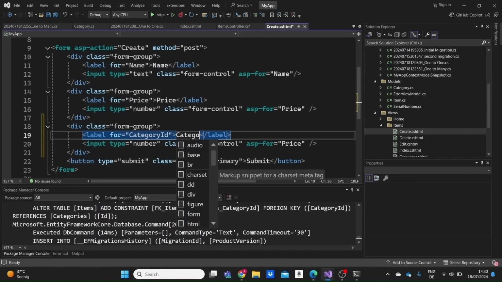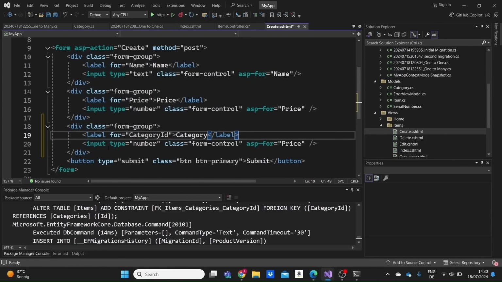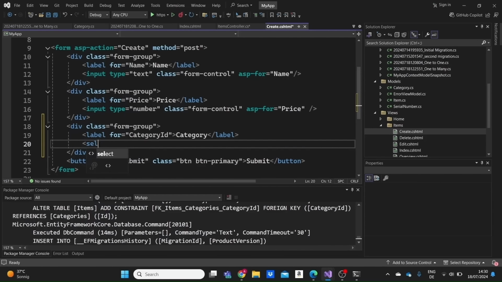Let's say category here as the label for this form. And actually we are gonna need to use a select HTML tag. Here we need to specify the asp-for tag helper to connect this to the category ID property. And in the asp-items tag helper, we're gonna need to include basically what we take from our view data